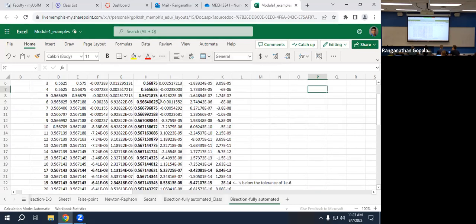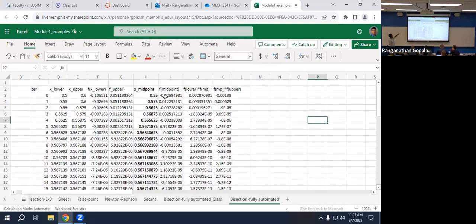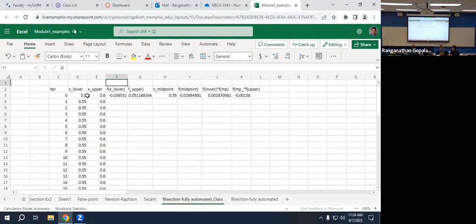All right. So here is the root. We started with an initial guess of 0.5 and 0.6. That is, we said the root lies between 0.5 and 0.6. And we calculated the midpoint after each iteration. And eventually you can see that the root converges to a value something like 0.5671 to 4 decimal points. I'm going to walk you through that process from the start. Now, first thing is, when you are having the bisection method,